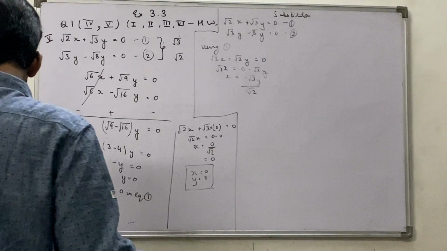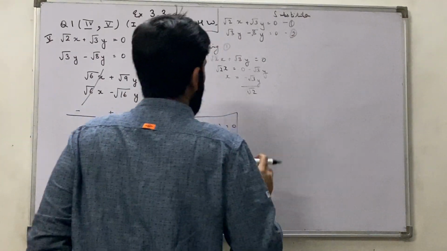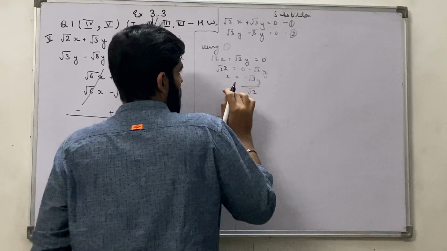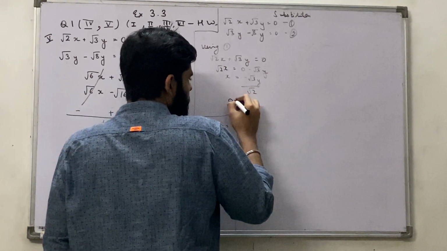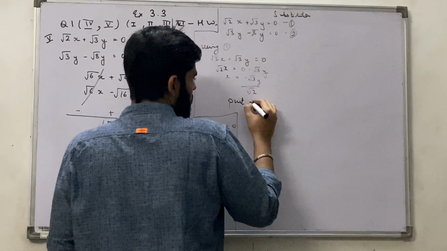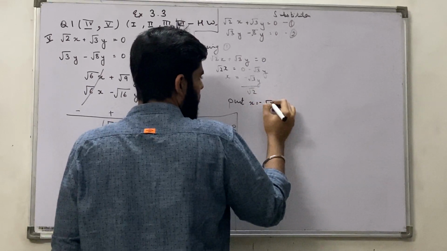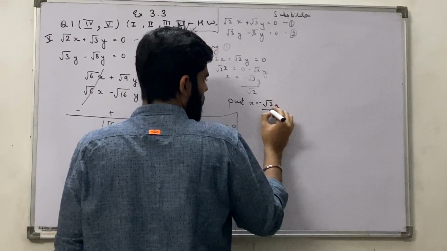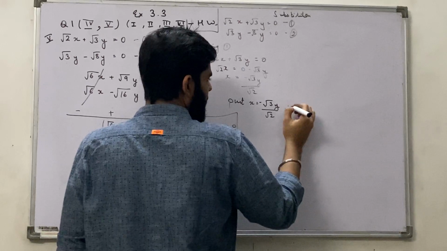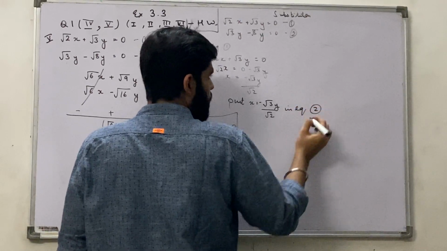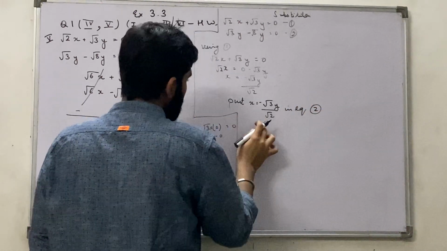Okay. So now put x is equal to minus root 3y upon root 2 in equation 2. When I put this in equation 2, we get